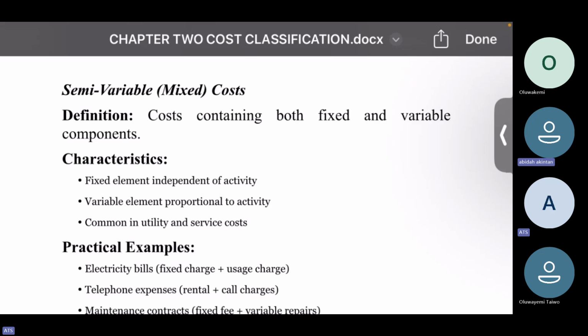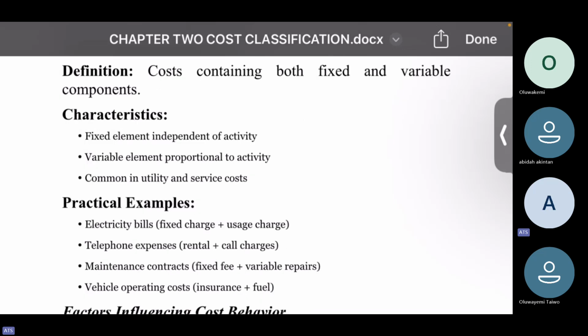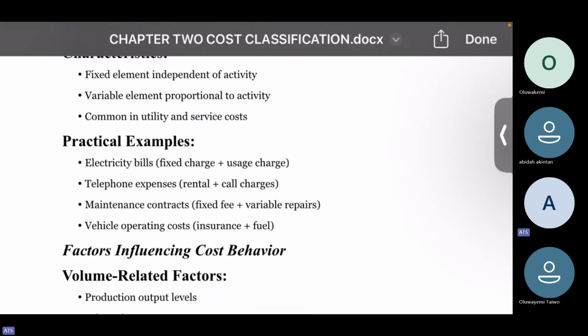Yes, ma'am. Thank you. All right. You're welcome. So that's how mixed cost operates basically. In most cases, and we'll get there shortly, we are going to talk about it today, separating mixed costs into fixed and variable so that you can make your decisions. Now